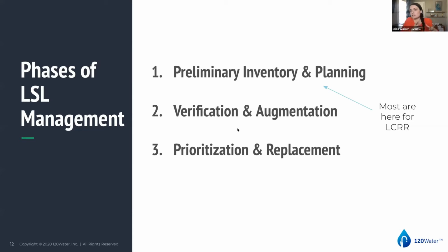Once you have that inventory done though, over time you want to verify the information and you want to augment it. You want to get those unknowns down, and we'll talk about how you can do that. And then eventually, if you do have a lot of lead service lines,